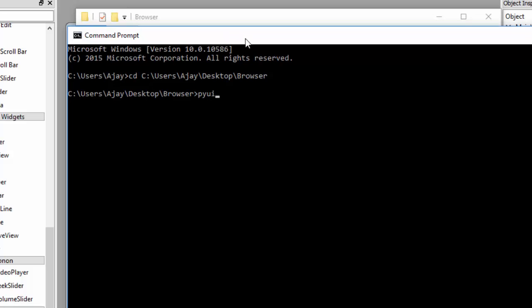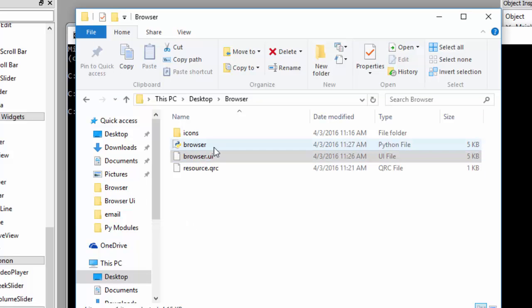This command is pyuic4 -x, then the file name that you are going to convert, so browser.ui -o, and the same file name, converted into a py file, Python file. So browser, enter. Now you can see the file is converted.